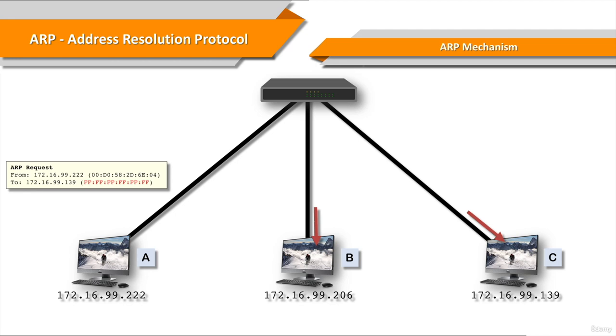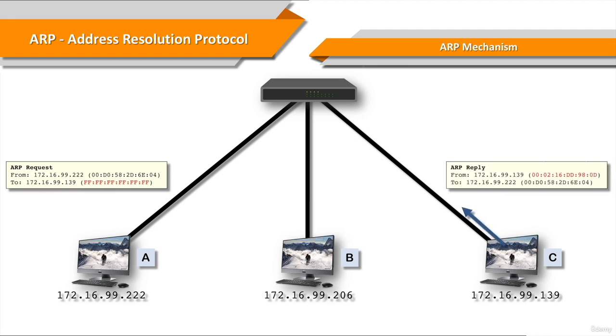Does everybody respond? Well, what happens is that B hears that A is looking for the MAC address of computer C. B knows that it's not computer C and therefore does not respond to the broadcast. The broadcast, the ARP request, goes out to every system, but the only system that will reply is computer C